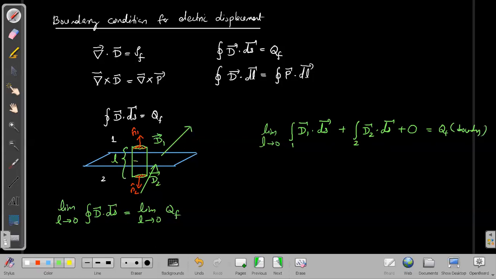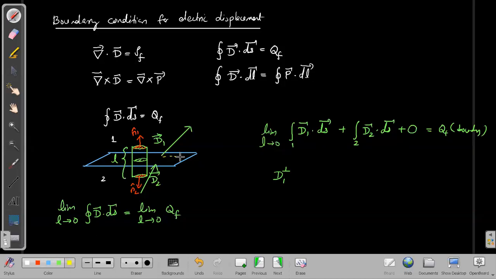Okay, so the free charge Qf is on this boundary, how much charge is there? Now what would be the integral over the first surface of D1 dot dS? D1 is a general vector like this, and the direction of the area vector is along n1. So D1 dot dS would give the displacement vector along the direction n1, so that would be the displacement vector perpendicular to the surface, because D1 I can divide into 2,